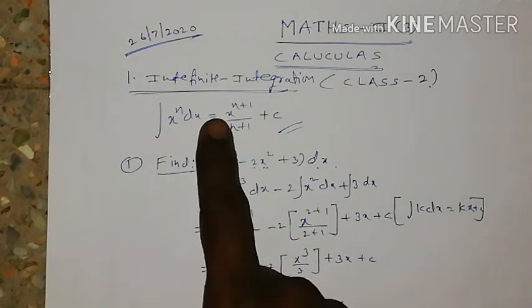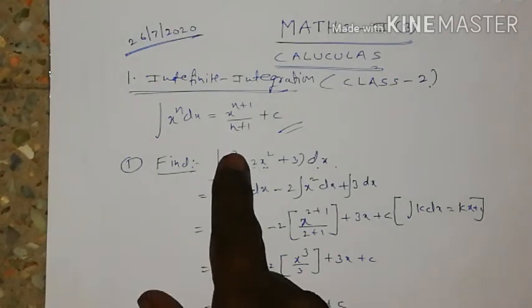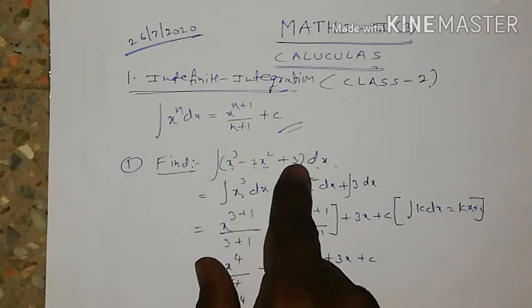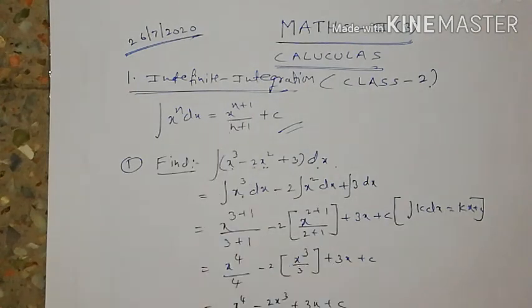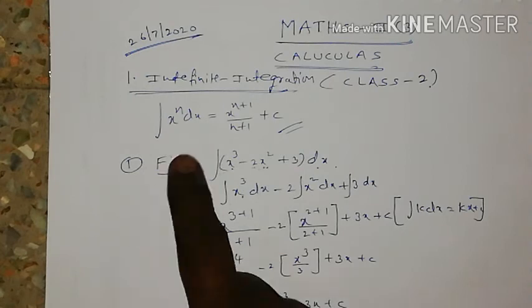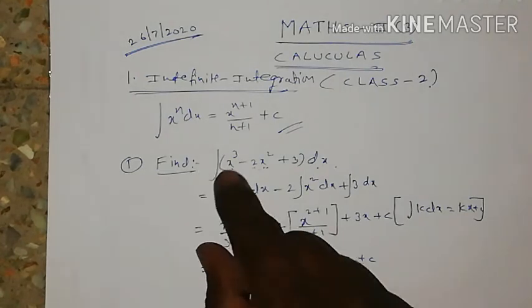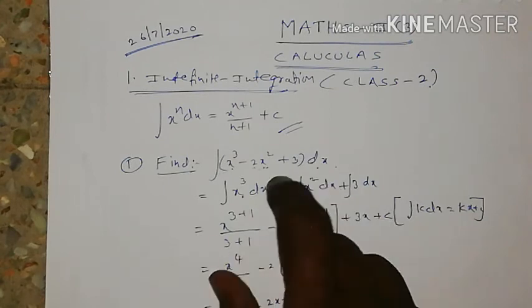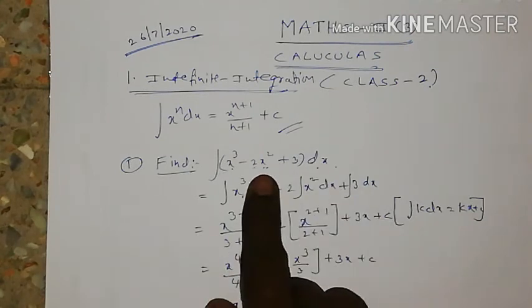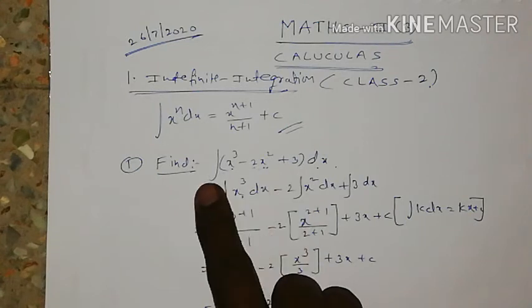So we did some problems. Today I am going to explain some more difficulty related to this formula. So this is the first problem at some more difficulty level. Yesterday we did individual terms, single terms integration. Now here, how many terms are given? Observe here in this problem. Here three terms are given. How can we write this?